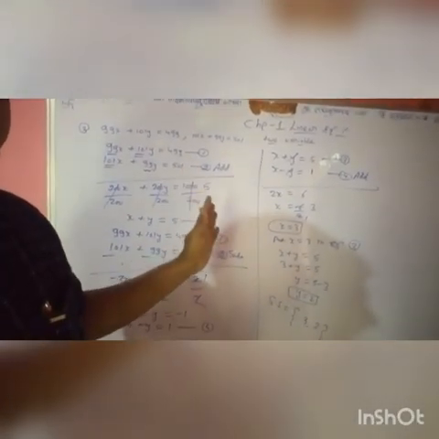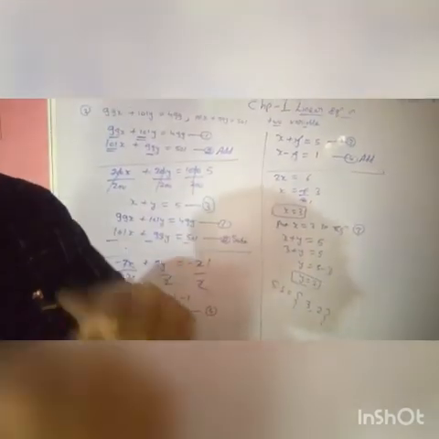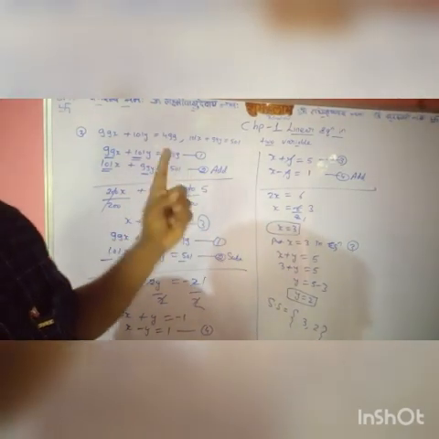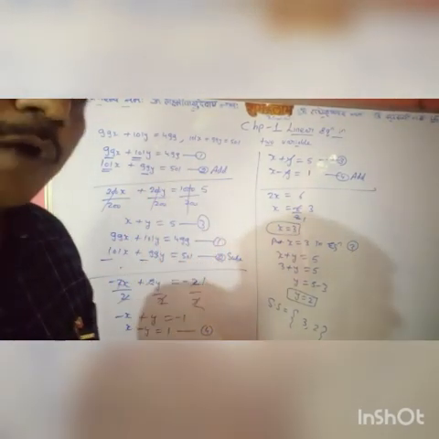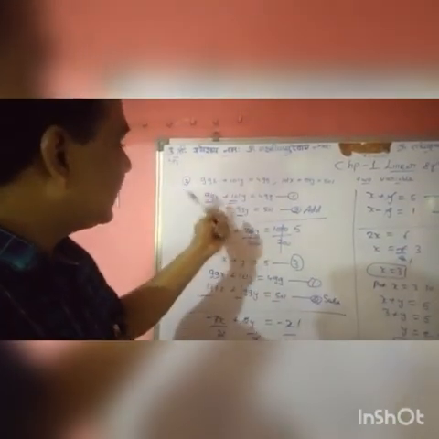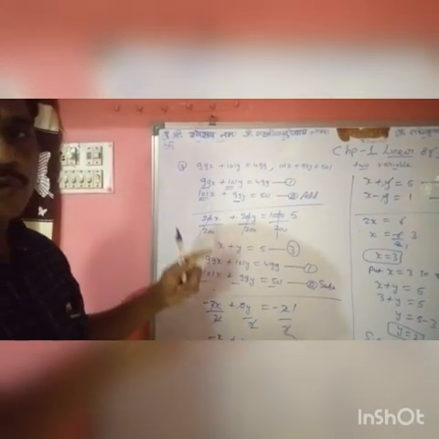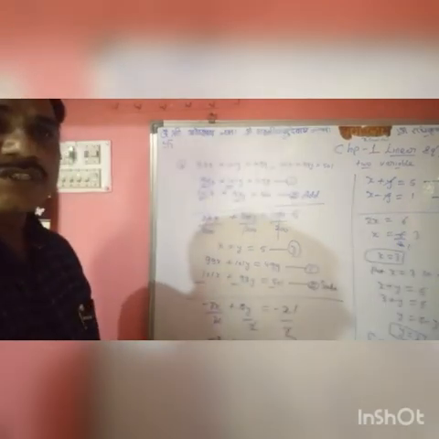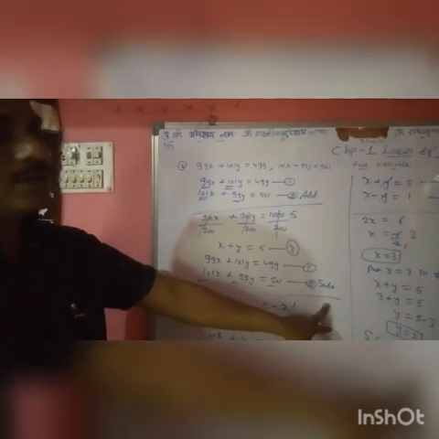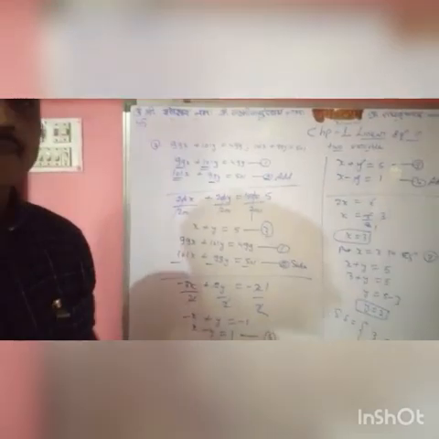Now in simultaneous equations we have seen all types. First, add, which I explained in the first video. In the second video, first we saw subtract, and then how to make the coefficients equal, by cross multiply to make them equal. Now in this type, when the coefficients are the same, here 99, 99, 101, 101, in this type of simultaneous equation you have to add once, and next time you have to subtract, and thus you will get the values of the answer.